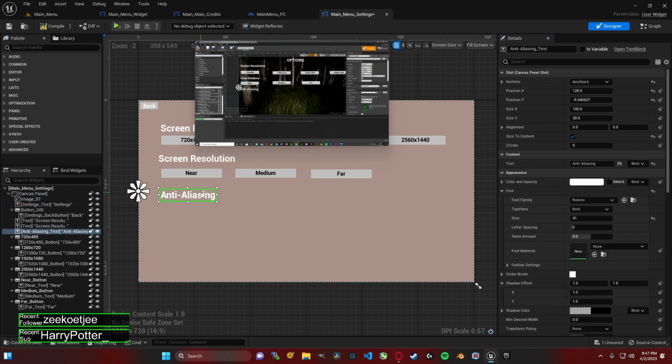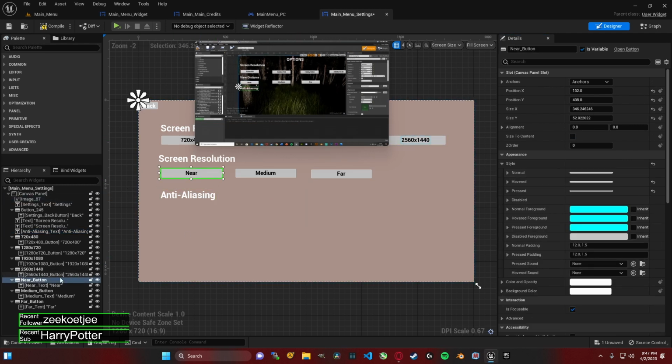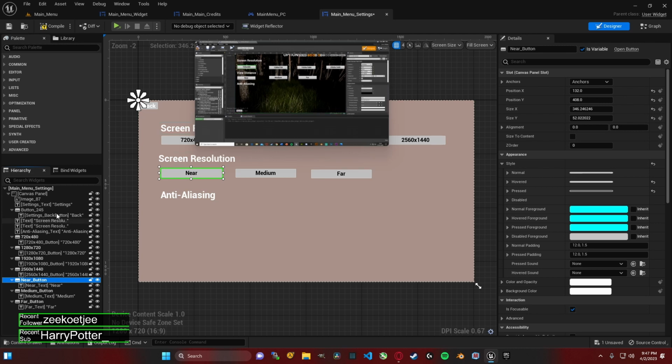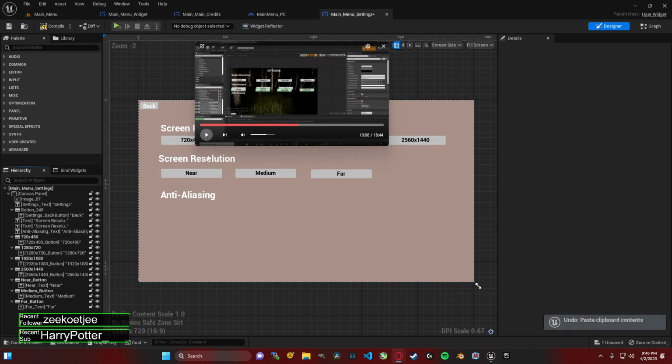And then again for this one we're going to have 4 buttons like we do at the top, as there is only 4 different options you can do for this. So if I actually just select all 4 of these buttons and then duplicate them and then just drag them